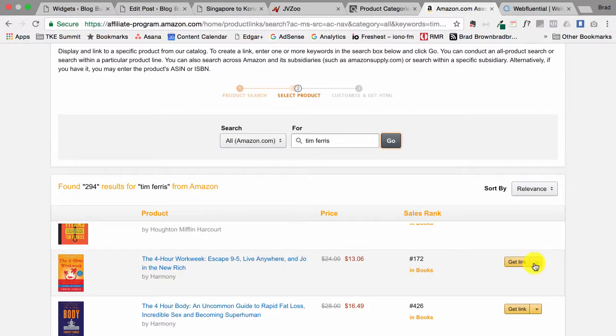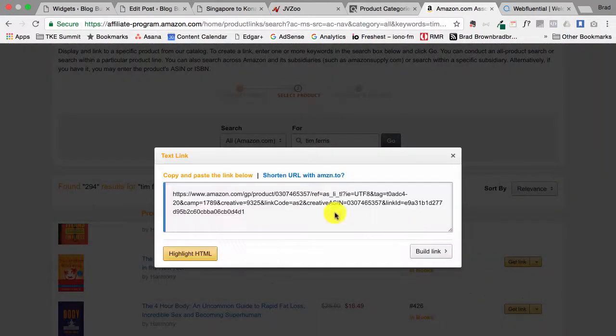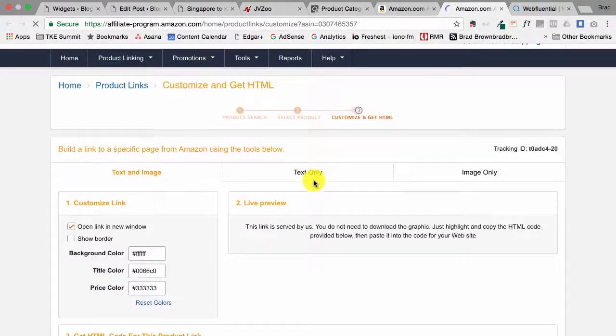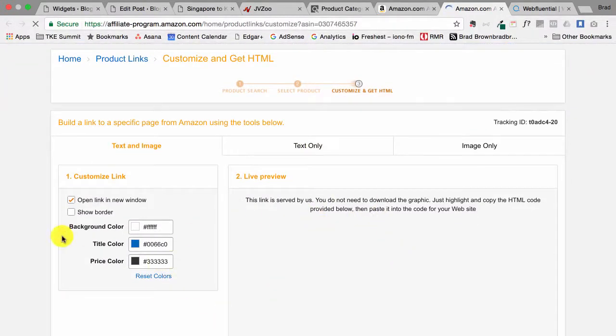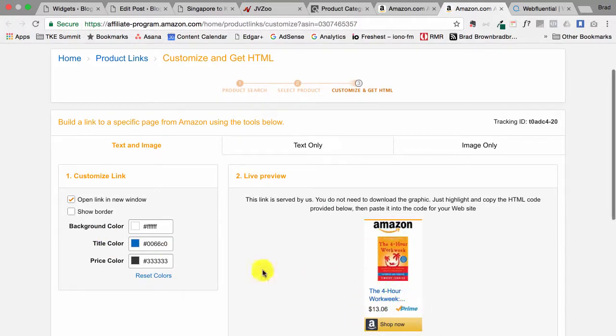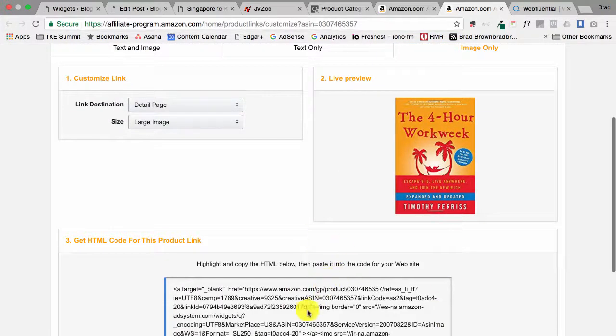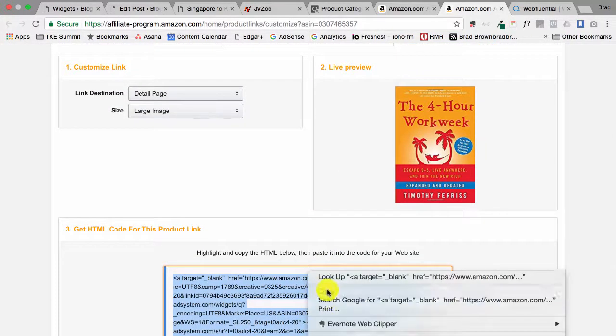If you click here, it'll say get link, and it gives you various options. You can click on that, and it'll say copy and paste below. So I am going to copy that, or what you can do is go to build link, which allows you to customize it, so you can have images, and here we go. It allows you to do the background, color, all of that sort of thing. So you can have the link just in the text, which I've copied, or you can do that. If you want to put that book, all you do is click on that,